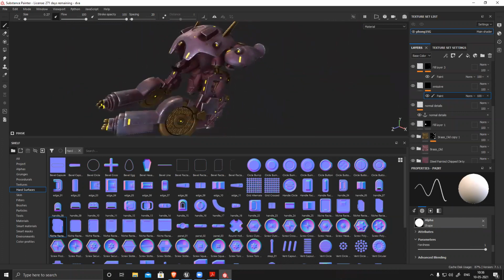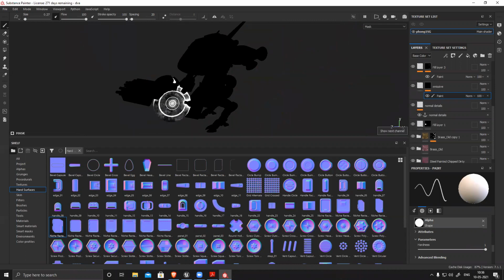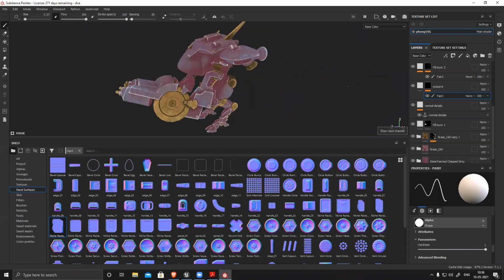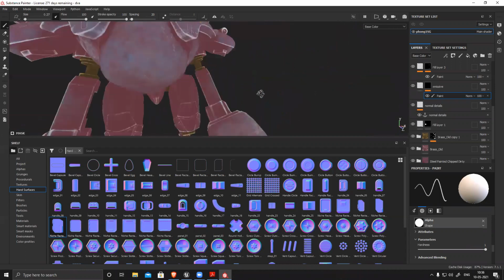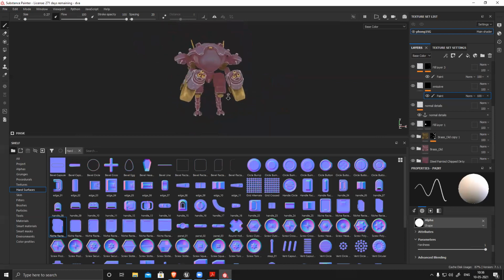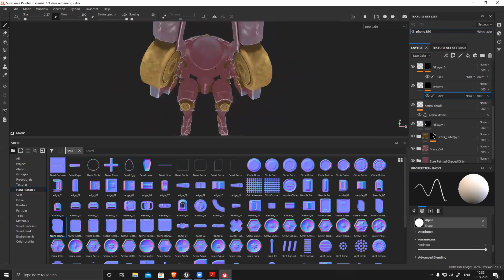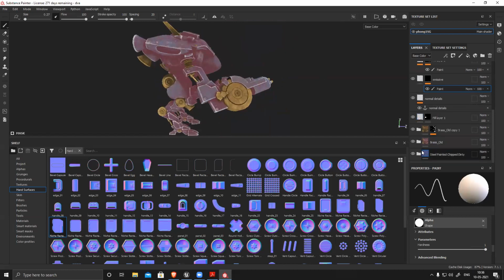After adding all details and working on everything, make sure to check your model in each channel, diffuse and everything separately. Press C. This is my emissive mask. Now this is my base color. There's a huge variation. The shadow thing is there, so it cannot be there. This is something we need to control because this is not PV. Yes, it's generating dirt based on the ambient occlusion, and it can be slightly dark, but it's too much difference. So I have to go and check which layer this is generated from.